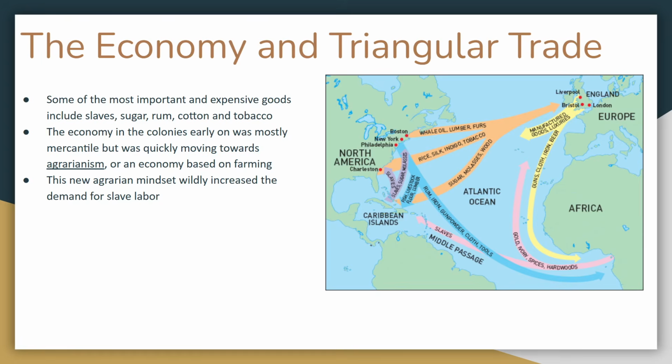What is coming from the colonies is a lot of natural resources. Lumber and furs are going to be huge for a very long time, especially out of the Northeast like we just talked about. As people move and settle further and further south, sugar is going to become increasingly important. Sugar is going to be what powers this triangular trade for the most part. It's going to be responsible for a lot of different things.